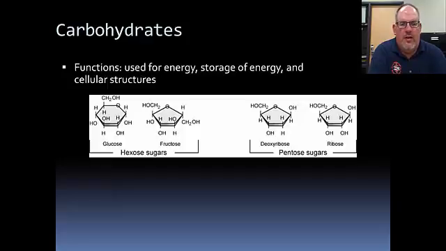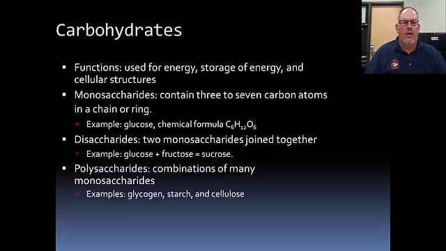And so the main two that we have are what we call glucose and fructose. And they're both used as energy sources to the body. The body can very easily take fructose and actually turn it over to glucose. Pentose have only got 5 carbon in them. And so the main two that we see are deoxyribose and ribose. And these are actually used less for energy, and they're actually used more for structure. And the main structure that they end up making is DNA, deoxyribose nucleic acid, and RNA, which is ribose nucleic acid. So used for energy, storage of energy, and then cellular structures.